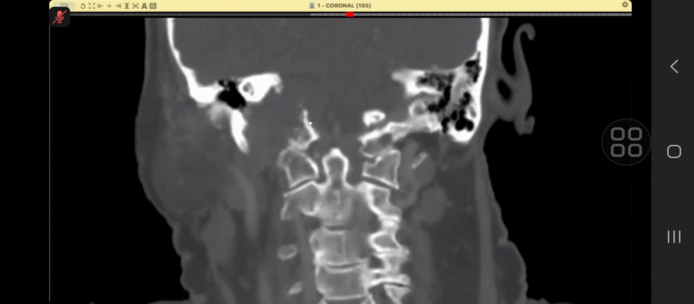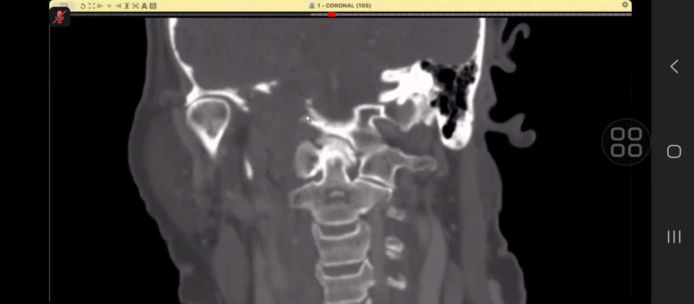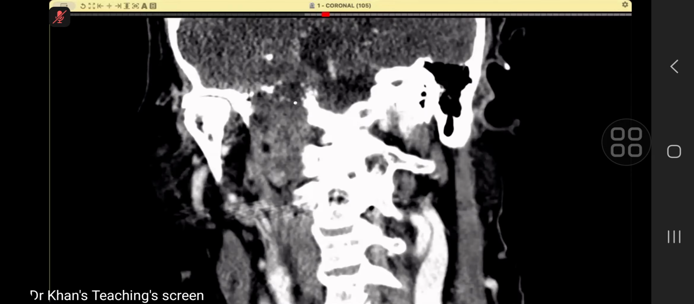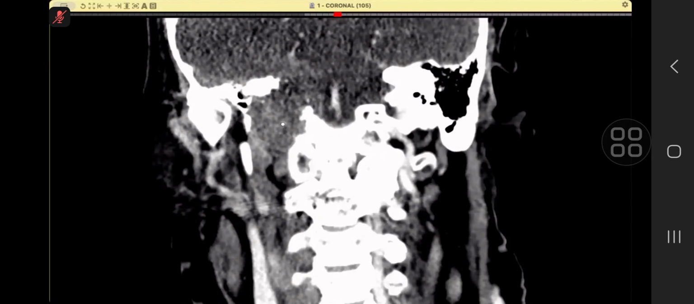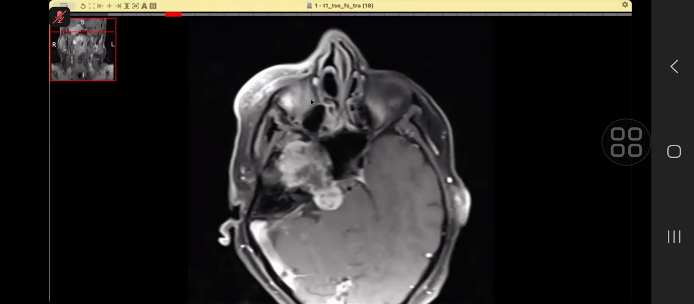And in the exam, I'll ask you this. I'll show you a coronal, and I'll ask you what is happening to the jugular tubercle. Where is it? What is happening? So you have to tell me that this is. If I go to post contrast, you can see this mass here. So this is a jugular foramen mass also indirectly. And this is how it